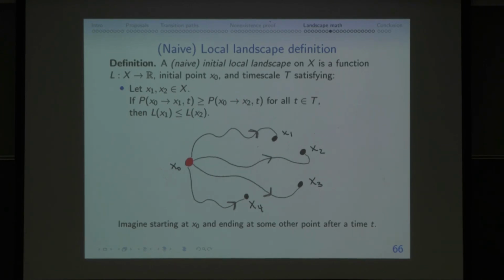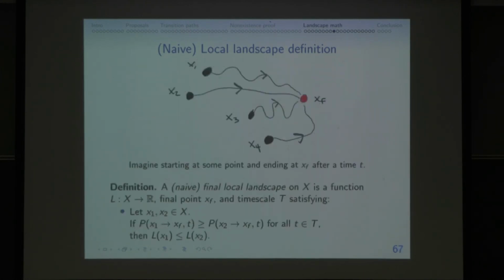So this construction would depend in general upon the initial point that you choose along with the time scale that you care about. And it turns out that the Friedland-Wenzel local quasi-potential satisfies this definition. You can imagine a very similar definition, instead thinking about transition probabilities to a common point. If I'm more likely to have been here than I was to have been here, the landscape should be lower here than it is there. That's what this says. These are all variations on a common theme.